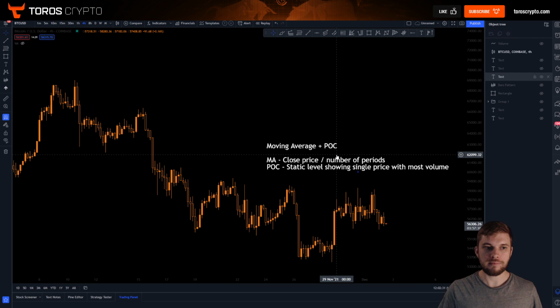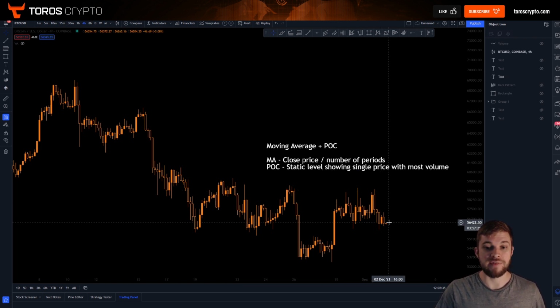The main difference is that your moving average is very simply calculated from the close price of a candle, divided by the number of periods back. So if you're looking at a 10 moving average, you'd be looking at the average close price of the last 10 candles, and then that moves along with price. It gives you a moving line